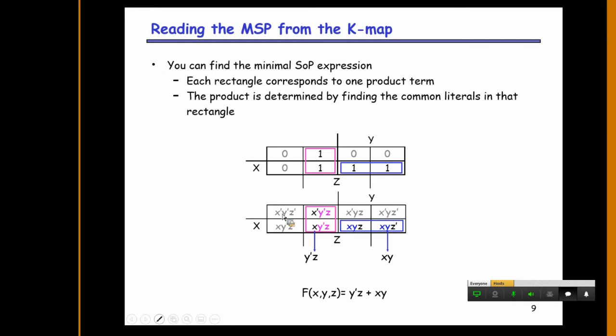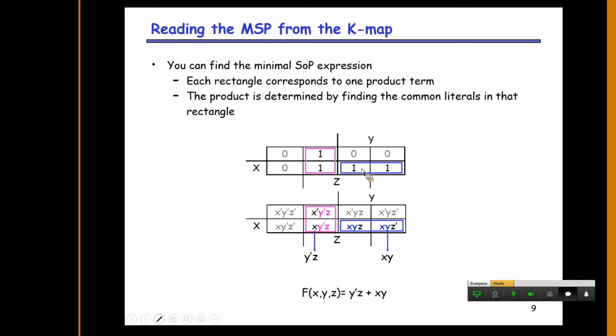Hence these two cells differ by one variable, so these two cells are also said to be adjacent. Like this, 4 is adjacent to 5, 5 is adjacent to 7, 7 is adjacent to 6. So now, after identifying the adjacent cells, we have to form the bigger square. Now we've mapped your function.